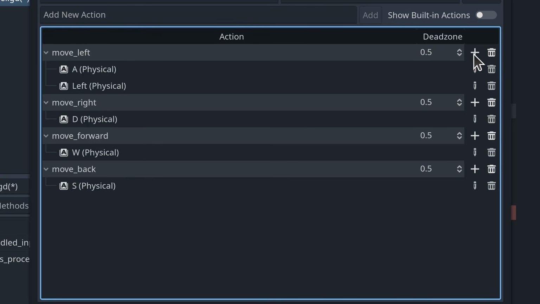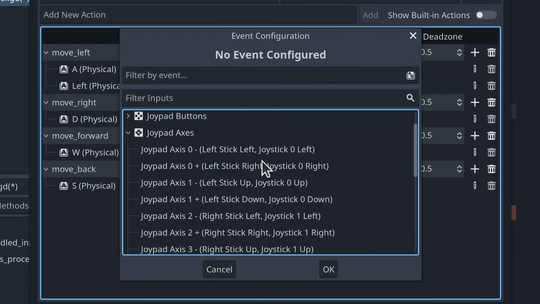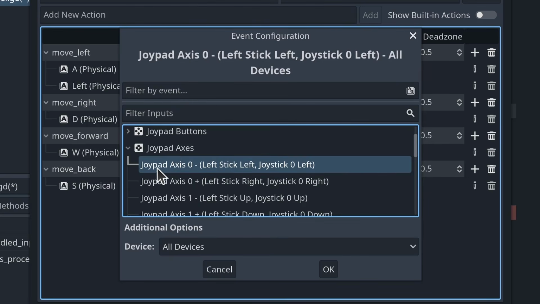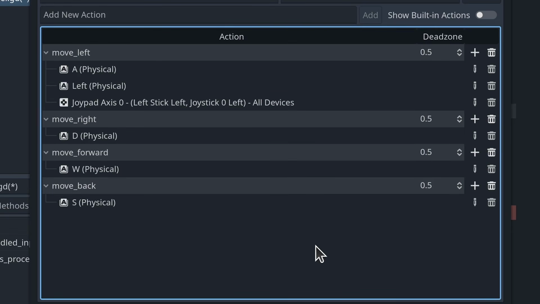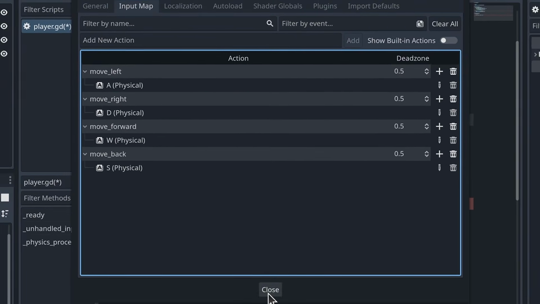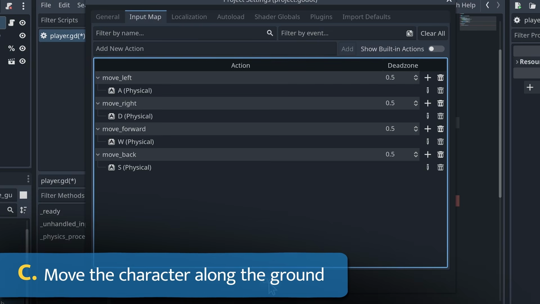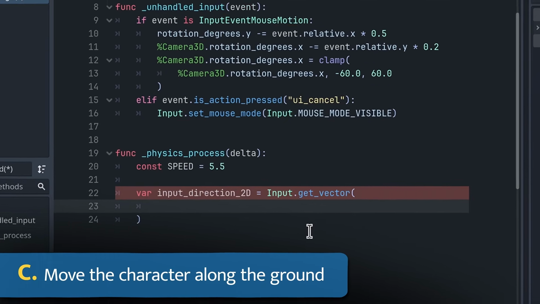So you can click the plus here and go to joypad axes. And if I go to the top of the list, I can add joypad axis 0. It's the left stick, left direction, right? So you can map as many inputs as you need to a single action. I'll leave that for you to do if you want. I'm going to stick to WASD in my case and close the window because now we have what we need